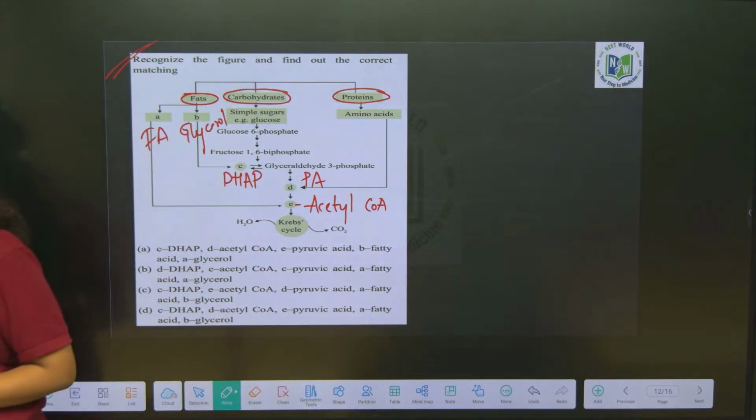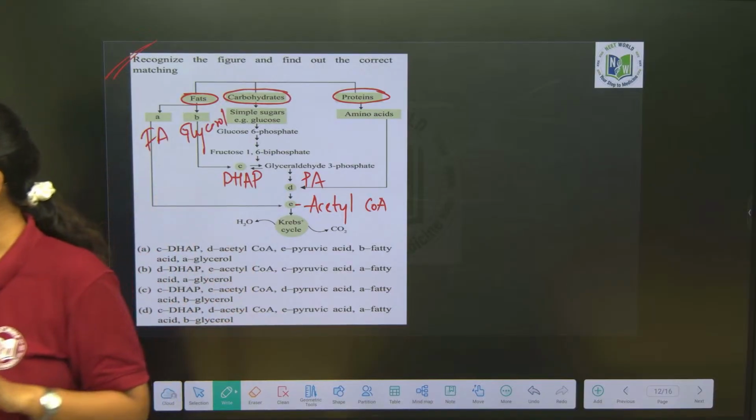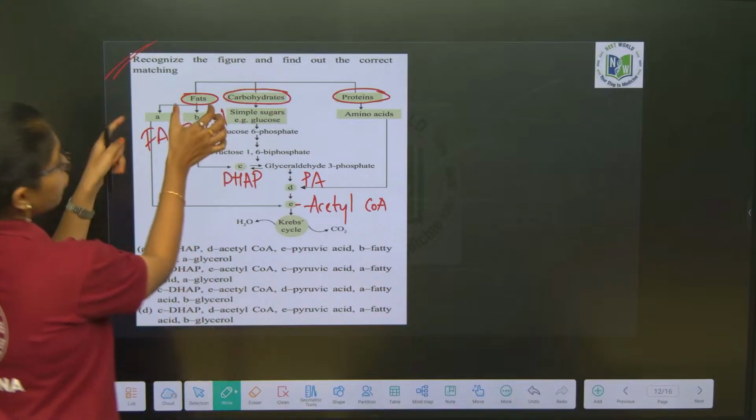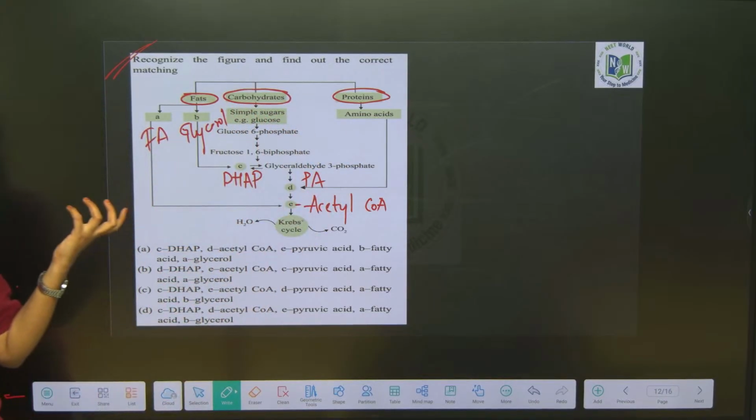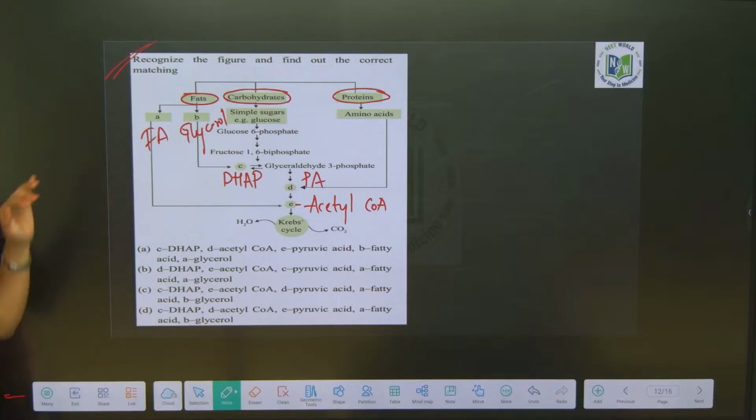You are not able to understand the total English. Okay, I will go a bit slow. Try to understand here. Fats, carbohydrates and proteins. This is a complete English class, but for your concern I will go a little slow.